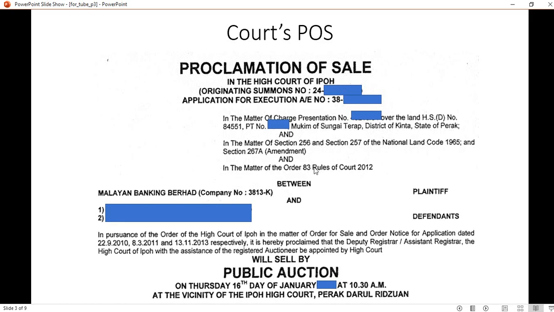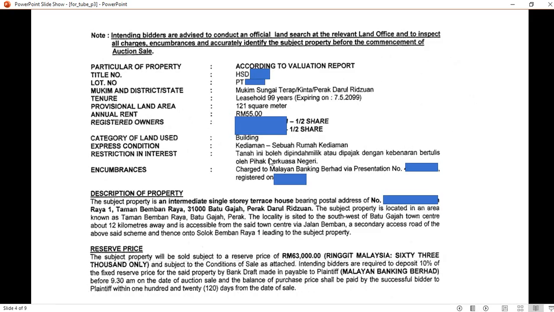This POS contains plaintiff information, defendant, and the time, the date, and the location of the auction. Over here, it also advises the bidders to do a land search and to check out the property. This document provides the details of the property: the title number, the lot number, tenure, the annual rent, the owner's name, the category of use, the land use, and description of interest. It also encompasses